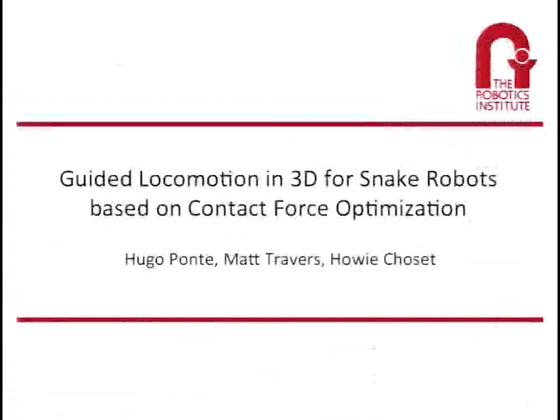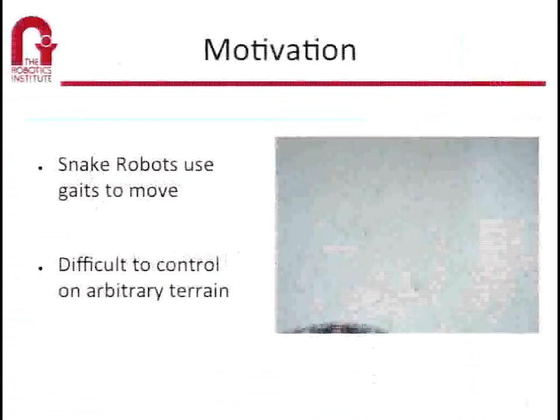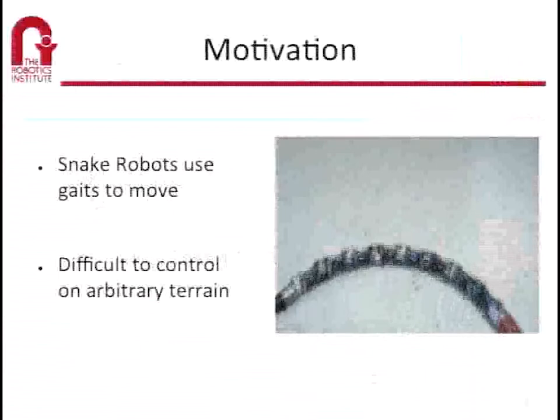All right, my name is Matt Travers again. I'm going to be presenting some work by Hugo Ponti. The name of this talk is Guided Locomotion in 3D for Snake Robots based on Contact Force Optimization. The way that we normally think about controlling a robot on flat ground is we think about executing some